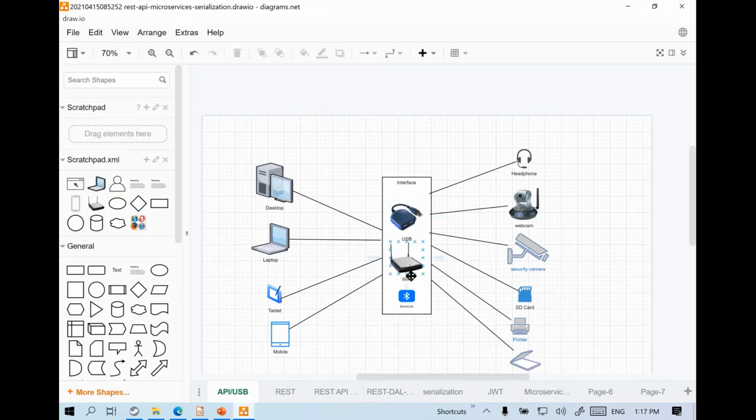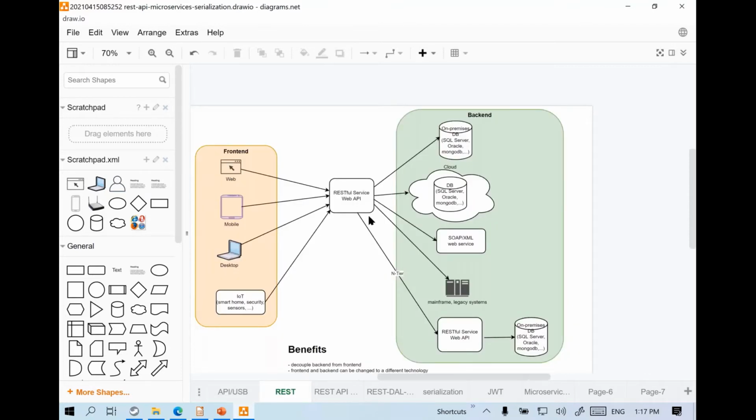People started using Wi-Fi and Bluetooth as well, so there are different technologies. Likewise, in terms of programming, before REST APIs came out, we had SOAP-based XML services. I'll show you SOAP XML services in just a bit, and I'll show you how to modernize those without writing even a single line of code. You can modernize your legacy systems without writing any line of code by using the API Lifecycle Management concept.